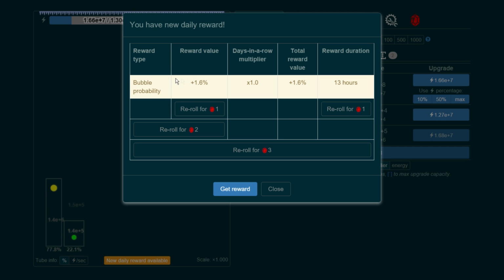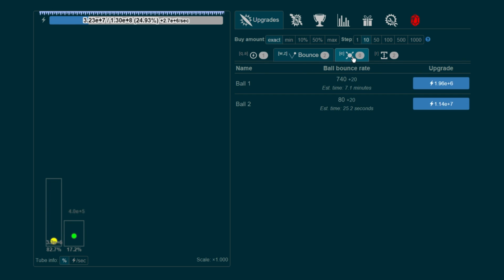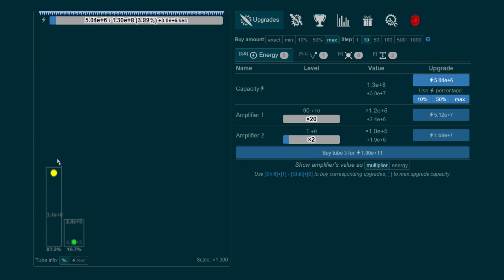We definitely don't want to re-roll. I don't see re-rolling working. The probability for, okay, that's fine. It lasts for 13, so it's just going to give us more. We definitely care more about this tube 1 right now. It's going to give us more bubbles, which is okay. I mean, I guess it's good, I suppose. I don't think it's super needed, but